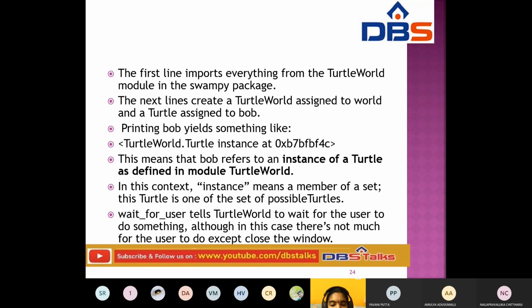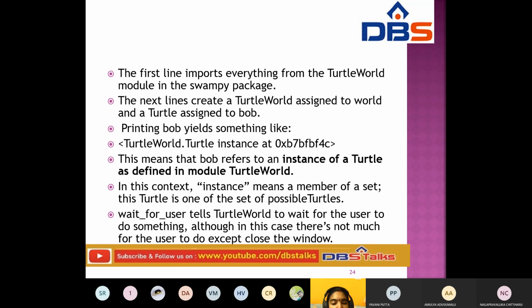This means that Bob refers to an instance of a turtle as defined in the module turtle world. In this context, instance means a member of a set.